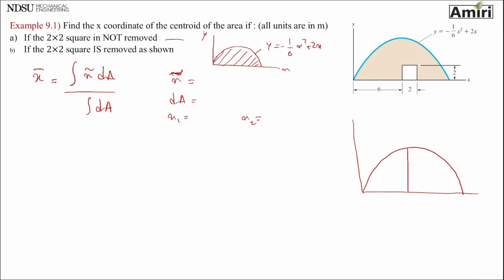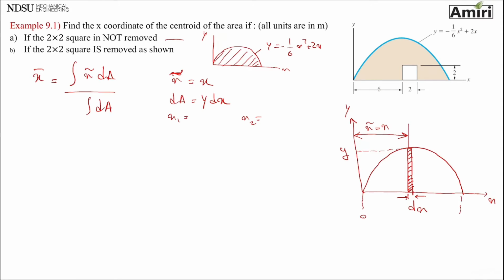I'm going to take an element like this. This is my area element, has the width of dx, because this is my x-axis. At any point in time, it has the length of y. So my area is going to be y dx. My x tilde, distance from centroid of this and y-axis, located right there, so that's x. And bounds of integral, this area moves from x of 0 all the way to this x that I do